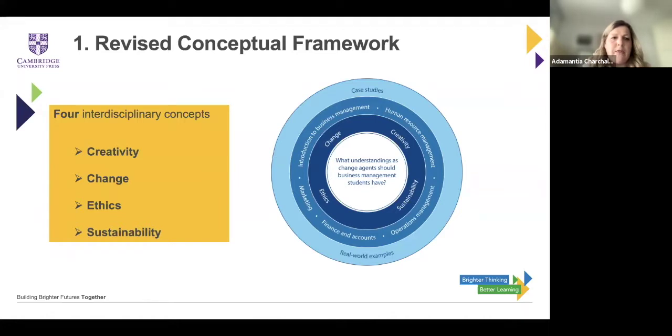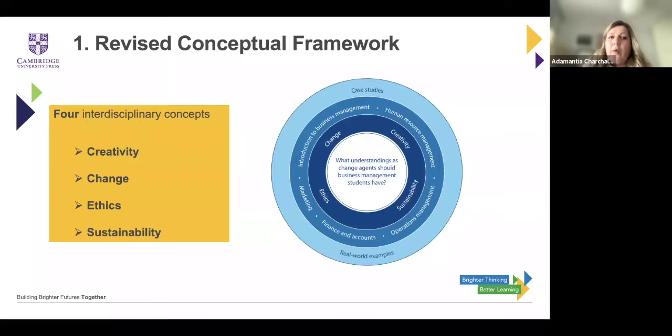Ethics. The previous syllabus as well gave a lot of emphasis on ethics and the moral guidelines that determine decision-making in businesses. In this syllabus, we have extra focus on ethics, with the IB creating a new assessment paper for high-level students with extra emphasis on ethics because it focuses only on social entrepreneurship. So we will talk a lot this time around on ethics in the new guide. And last but not least, we have sustainability and its three dimensions: ecological, social, and economic sustainability. Our students need to understand how businesses are affected by any considerations of sustainability.